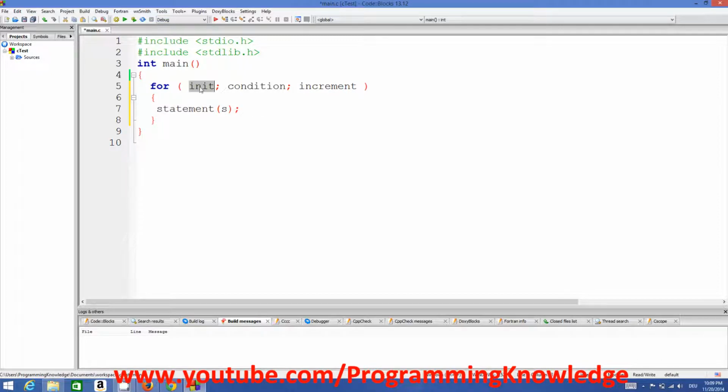Now the first parameter in this for loop is called init, or initialization of something. The second parameter checks whether some condition is true or not, which is related to the initialization. And then the third parameter is the increment of the parameter which you have initialized in the first parameter. So this is the basic